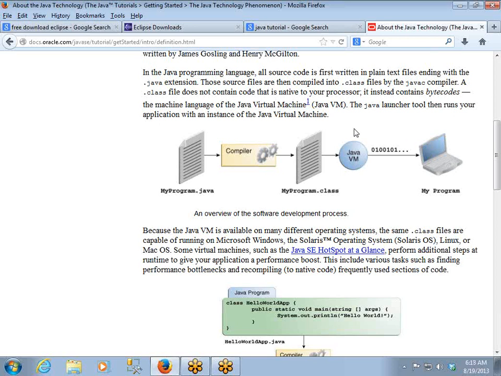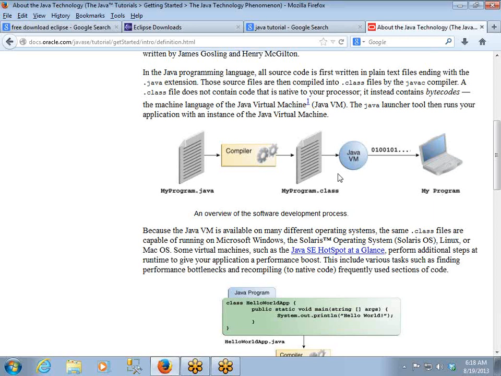So for this we require one more conversion. This conversion is done by a program or software called the Java Virtual Machine, JVM. This virtual machine takes the .class file as input, and it converts it into underlying platform instructions.